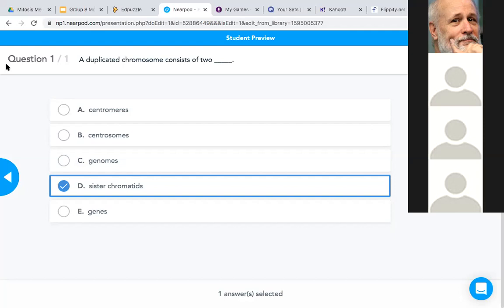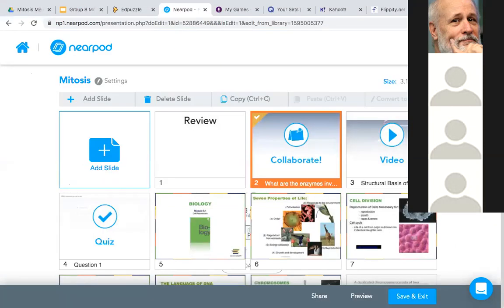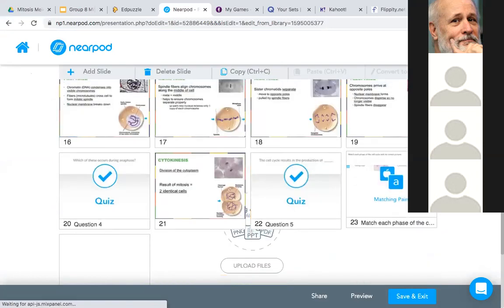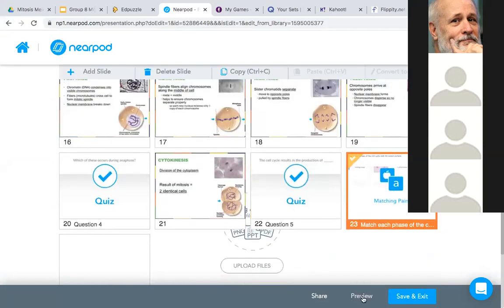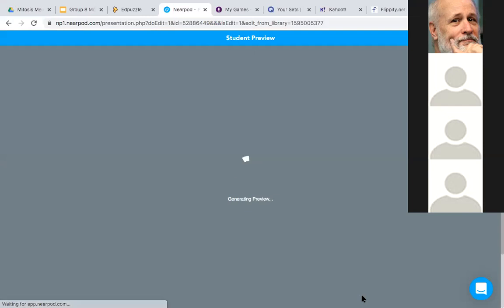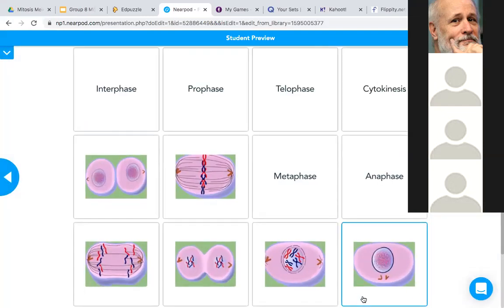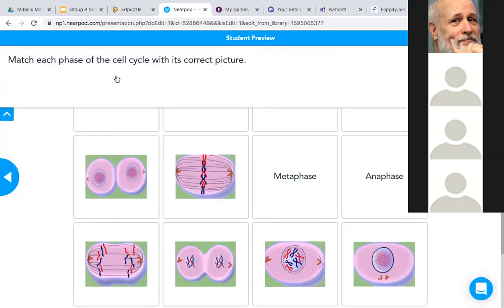And it gives me feedback about how they're understanding the content. There's one last really fun thing. At the very end of this particular lecture, I gave them this review, these matching pairs, where I said, okay, match each phase of the cell cycle with its correct picture.